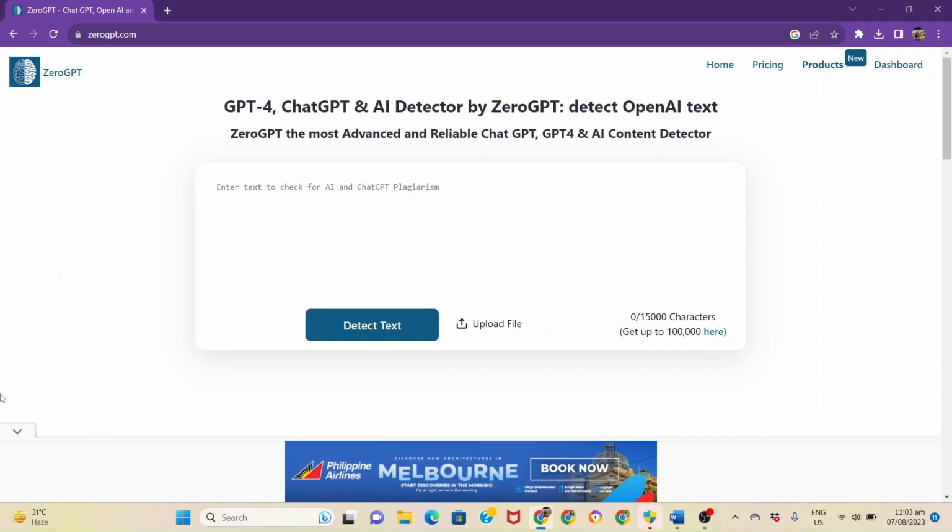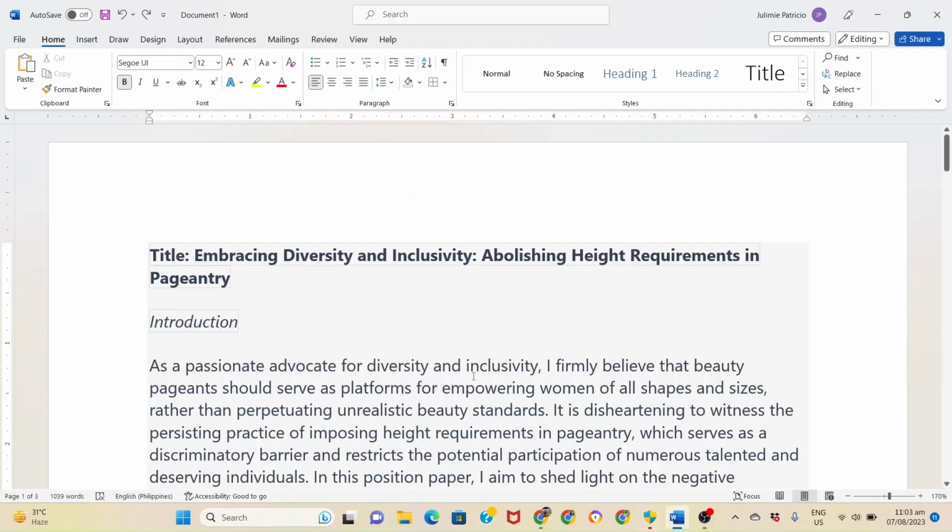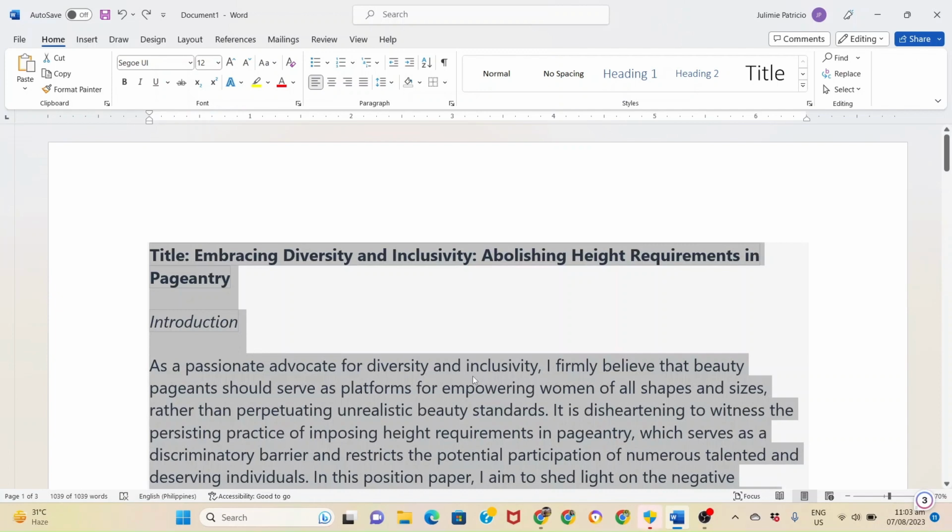All you have to do is to type in 0gpt.com in your URL. I repeat, 0gpt. So this is the one. Okay, so how does it work? All you have to do is to enter the text to check for AI and ChatGPT plagiarism. So for example, I have here this text. All I have to do is to copy this entirely, and then I'm going to